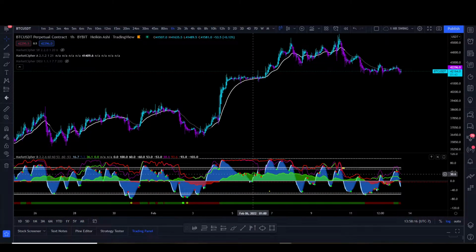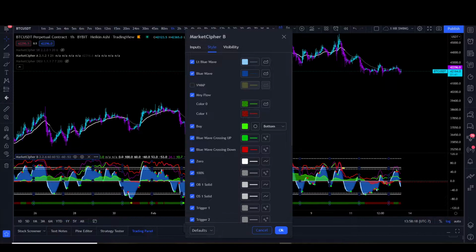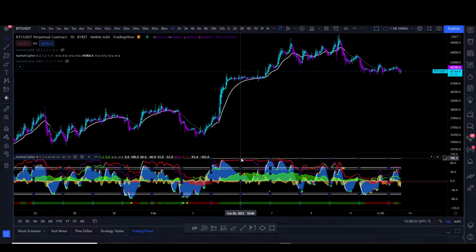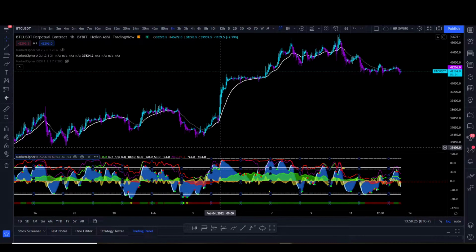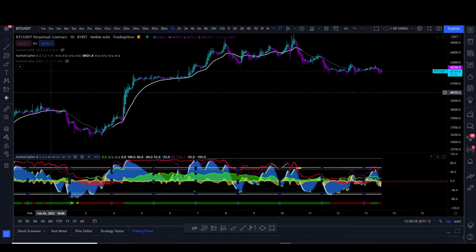Okay. Now let's add the final one, which is the VWAP. The VWAP is kind of the slingshot of the move and gives you that final indication the price is going that way. So if we look at our two setups,